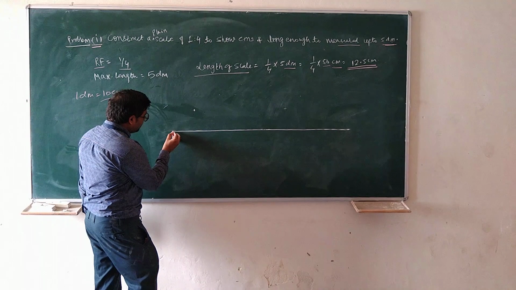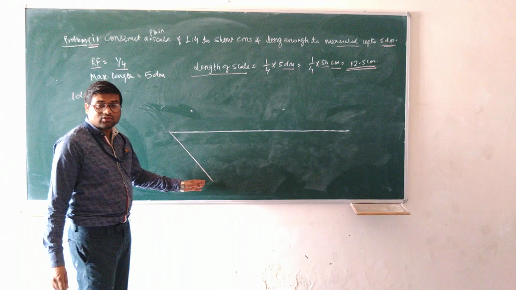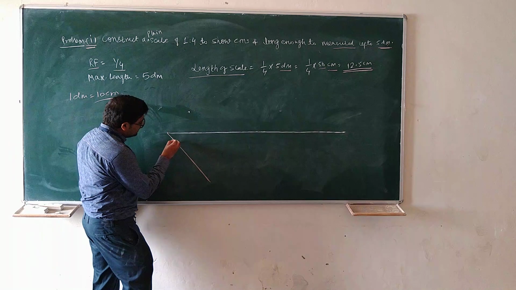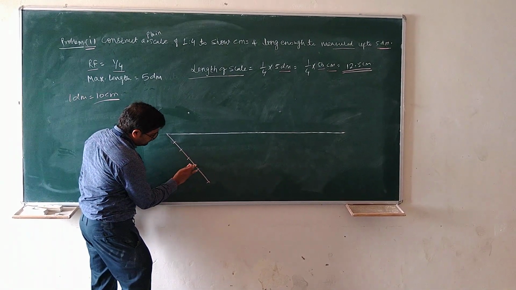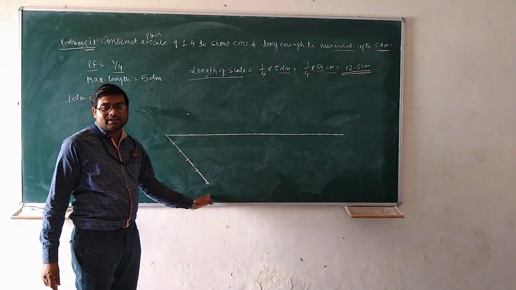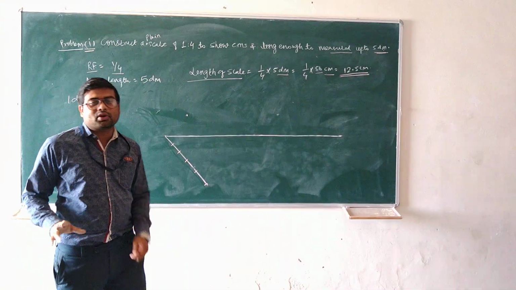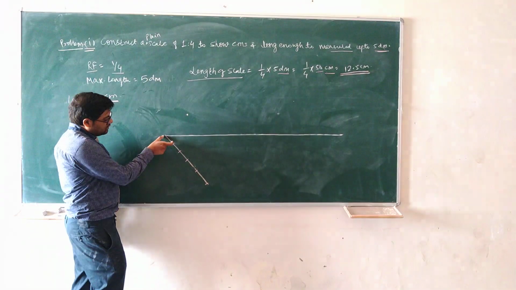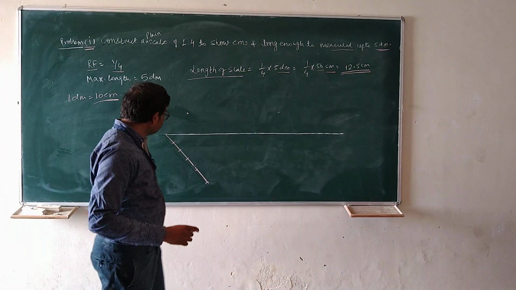For this, we have to draw an acute angle of any length. Like this is a length of 5 centimeters. So we have to divide it into 5 equal parts. So 1 centimeter, 2, 3, 4, and 5. Or you can draw a line of any size, use the protractor and take an arc of any measurement, and then mark 1, 2, 3, 4, 5. This is also a method of division.